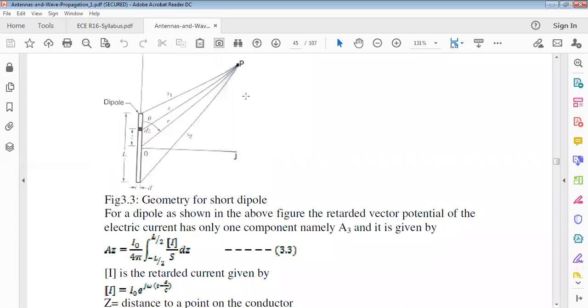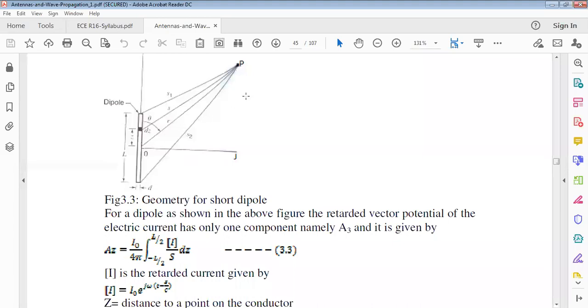That is the dipole which has a length of L, but to find the parameters we have to consider the differential length. Here the differential length lies on the z direction as dz from the origin. That differential component is located at a distance of small z. From the observation point of view, the distance from the point of observation to the dipole origin is r. From the differential current element to the point of observation is the smallest.